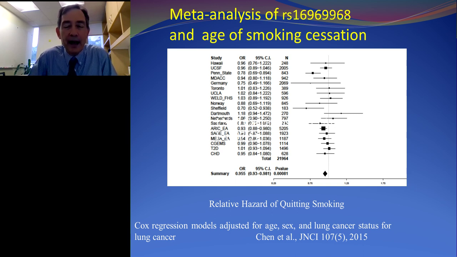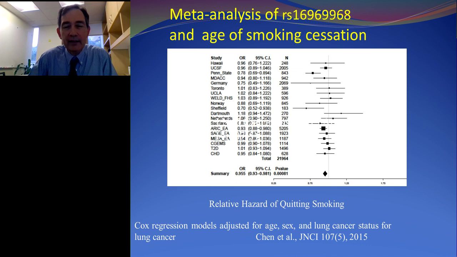So our resource was able to show that there are a couple of variants that are very important and play a big role. One of them has been called Mr. Big by Laura Bierut. That's rs16969968. This is a variant that affects signal transduction through CHRNA5, and it was found to play a role in the number of cigarettes smoked per day, and it has a very important role in smoking cessation. It seems people with this variant have more of a negative impact when they try to quit.